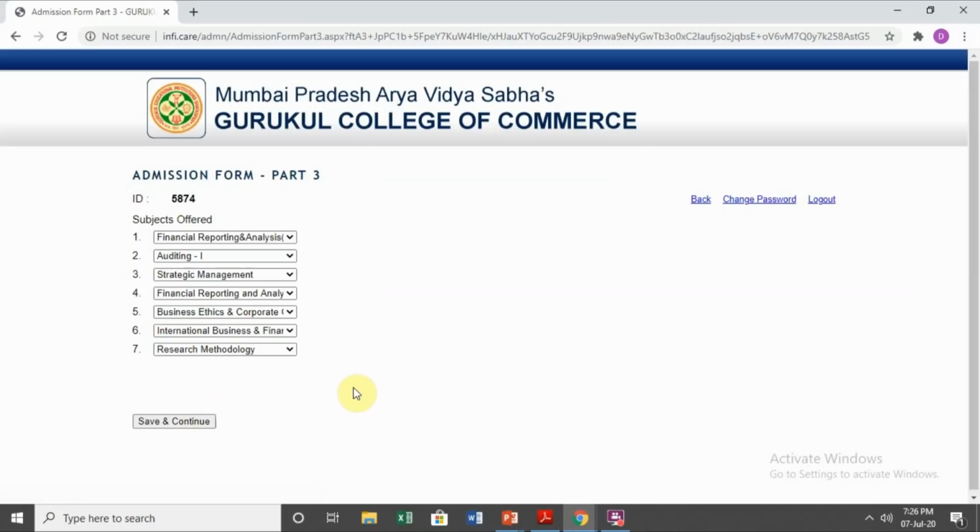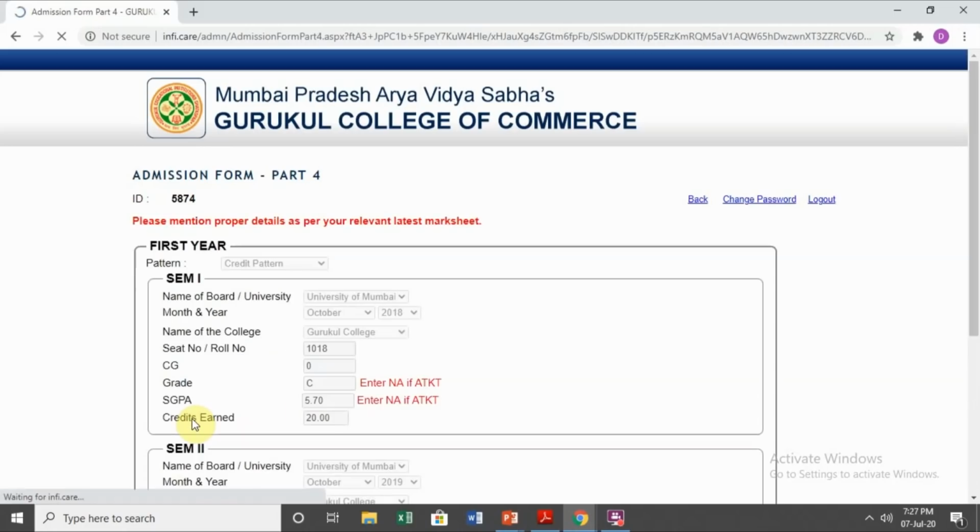Automatically the subjects of the next SEM will be displayed on your screen. Here to mention, for TY BCom students, the 7th subject will be the optional subject where you will get the option for computers, IT or export. So you can select any one of it and then go ahead. For second year BMS students, compulsory subjects will be displayed and there will be an option between finance or marketing. Select your choice and then go ahead.